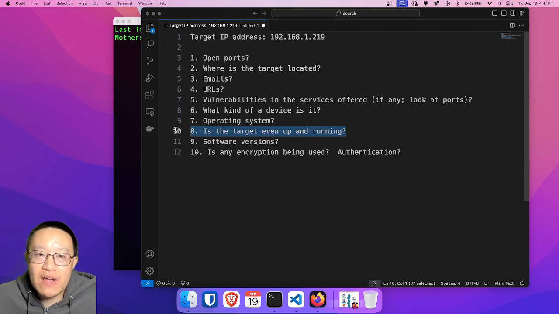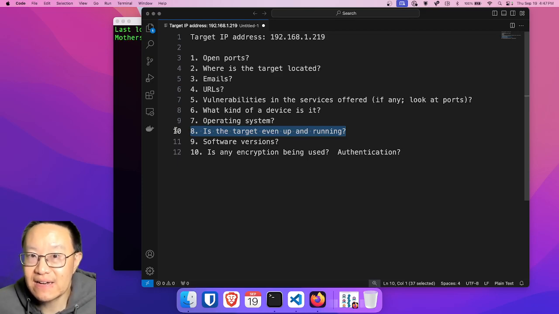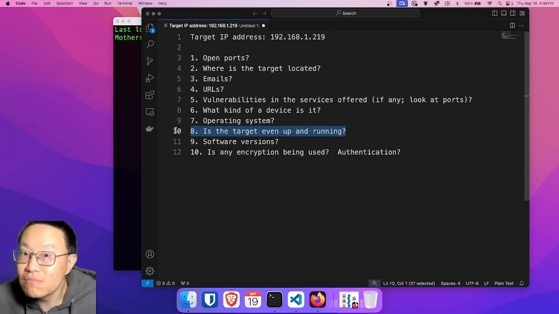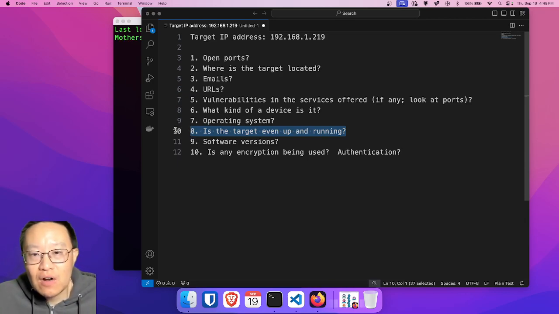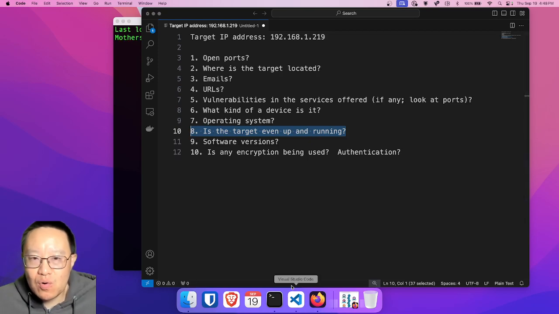Why is this important? We have to make sure this target IP is up and running. If we're going to access it, you can't access a system that is not running or dead. Common sense. So the tool that we're going to use